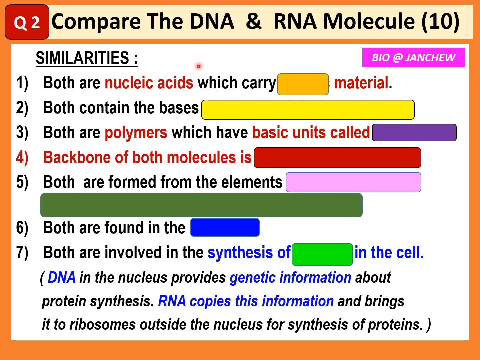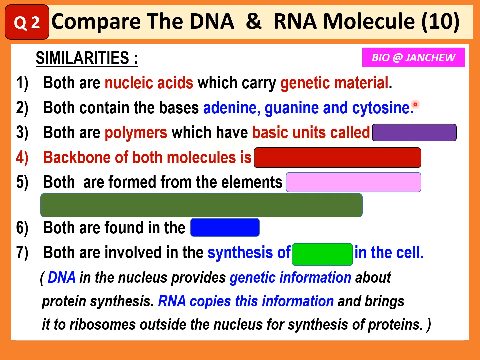Okay, both are nucleic acids, which carry what type of material? Yes, genetic material. Now, both DNA and RNA contain the bases. There are 3 bases that are the same for both RNA and DNA: A, C, and G. A for adenine, C for cytosine, and G for guanine. Adenine, guanine, cytosine. Both DNA and RNA are polymers which have the same basic units called